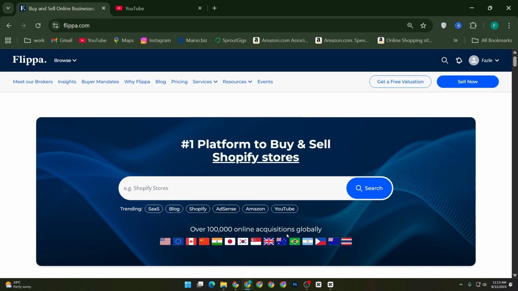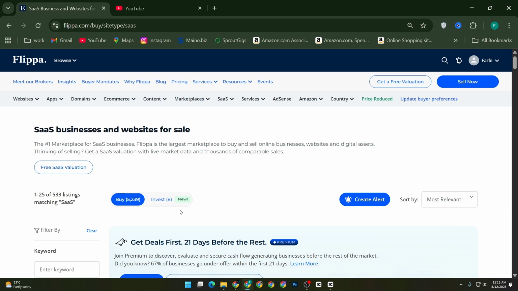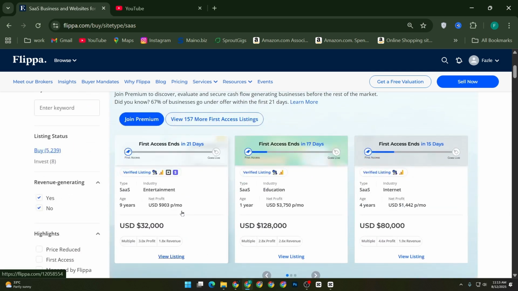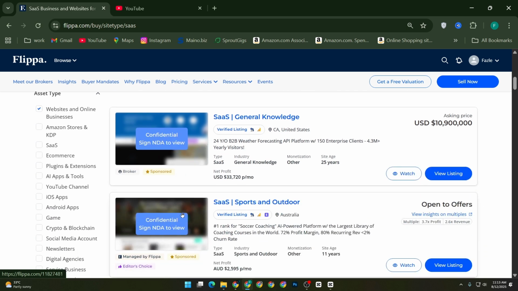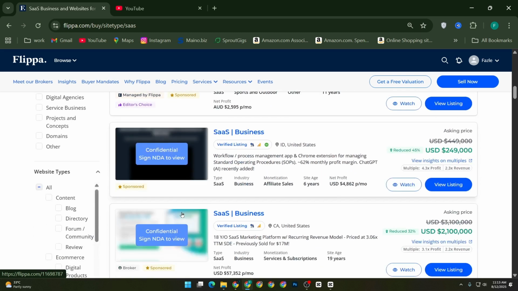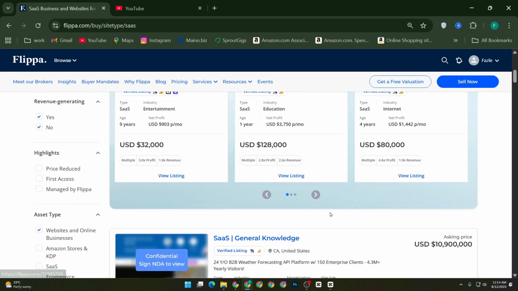Flippa is a marketplace where you can buy and sell websites, e-commerce stores, apps, domains, and content businesses. It connects entrepreneurs from all over the world and gives you the tools to manage the entire process from listing to payment transfer. To get started, sign up using your email or Google account. Once logged in, you will see your dashboard like this,